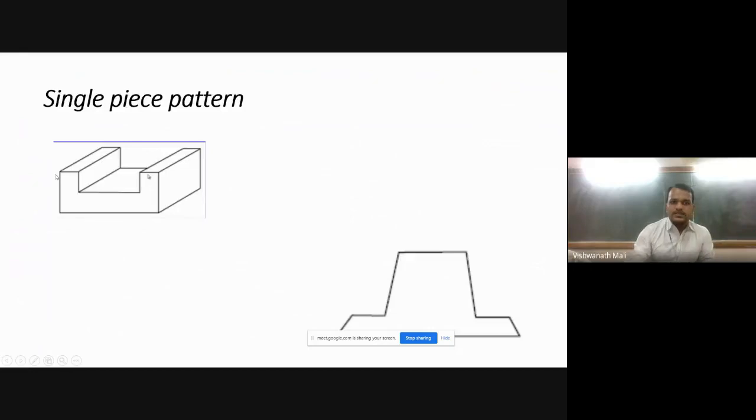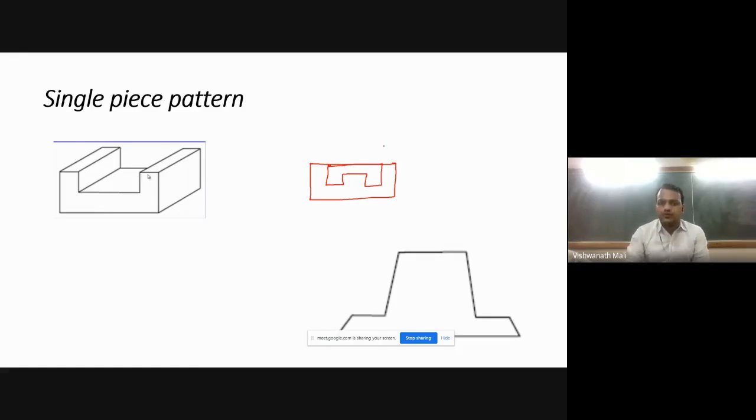Now consider this example. So here what do we use? We use a single piece pattern. This is the drag, and this is your pattern. This is a single piece.